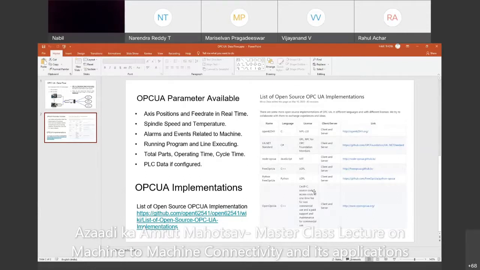From these, we can collect the parameters available. As we see in the client application, we can find the axis position, feed rate, total parts, operating time, cycle time, running program, alarms and events, and spindle speed. These things we can collect and send to the database. And one of the examples of what we have done is